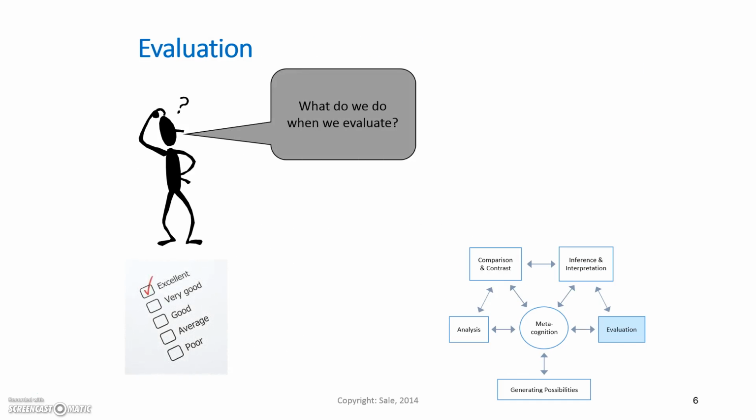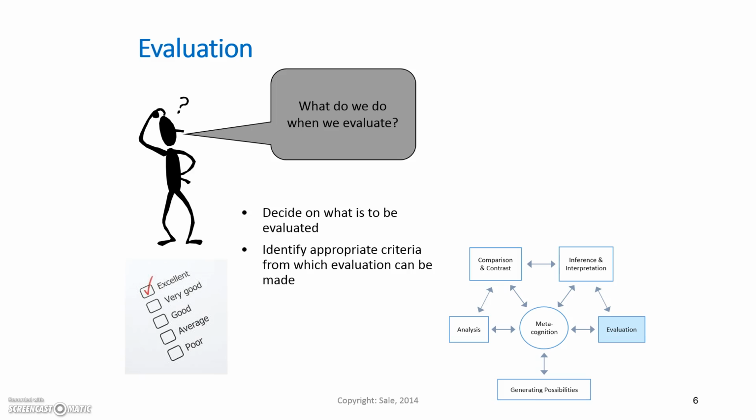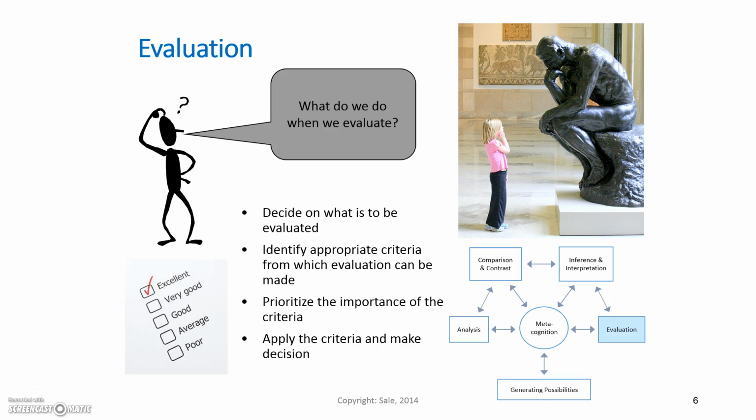Evaluation, well, we've all done that. Sometimes we do it well and sometimes we don't, and there's reasons for that. Okay, we want to evaluate something, so we decide on it. Now, coming up with criteria is important. We often may come up with criteria that when we reflect back on, when we're metacognitive, we say, wow, that wasn't so important. We've missed a real biggie out. And with our criteria, it's about prioritization. When my wife goes shopping, cost doesn't seem to be the priority. When I go, it does seem to be the priority. So we apply criteria when we make our decisions. So that's critical thinking, the components of it, the types of thinking, and these work dynamically, synergistically.